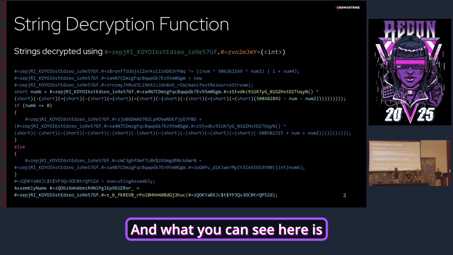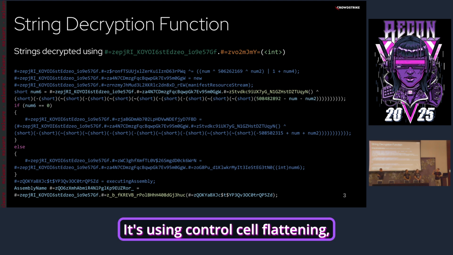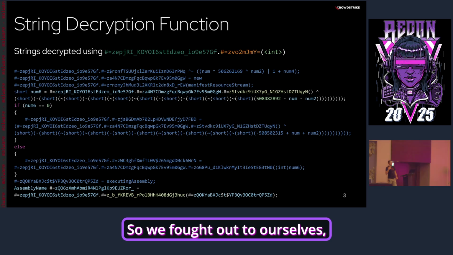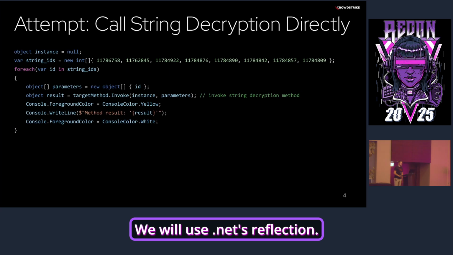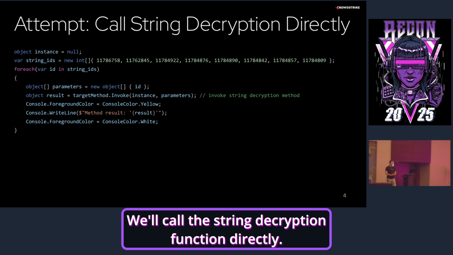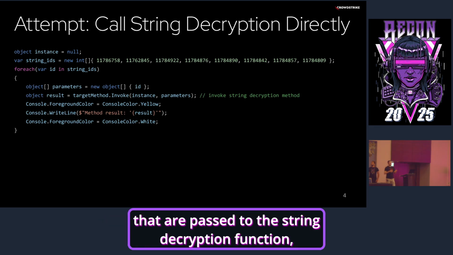And what you can see here is it's using mixed Boolean arithmetics. It's using control flow flattening. In short, it's really ugly to look at, and you don't really want to understand it. So we thought to ourselves, well, we'll just be smart. We will use .NET's reflection. We'll call the string decryption function directly. We search for a couple of arguments that are passed to the string decryption function, and we'll get the decrypted